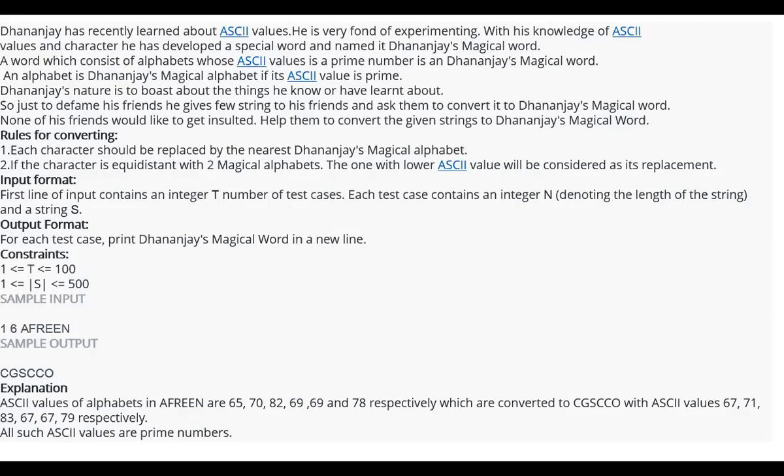An alphabet is Dhananjay's magical alphabet if its ASCII value is prime. Okay, so that is the complete meaning here. It means we are talking about those alphabets which have a prime ASCII value in decimal. We are seeing this mainly for decimal only.